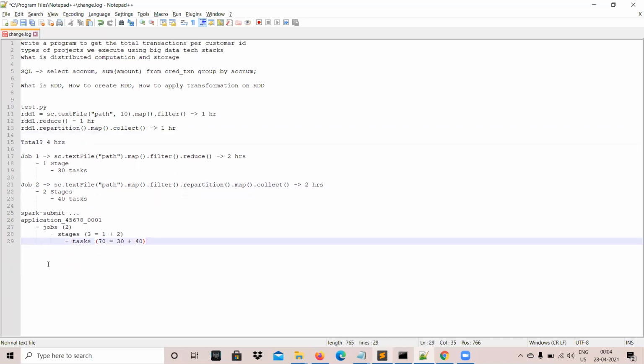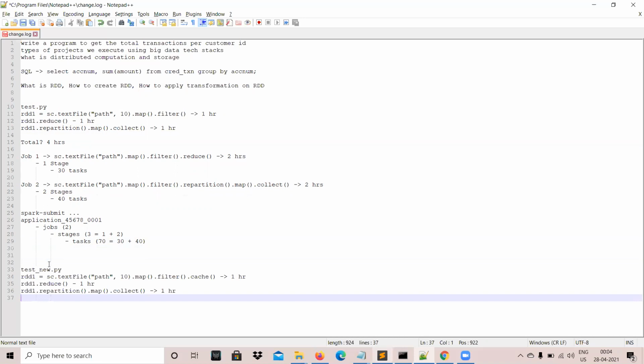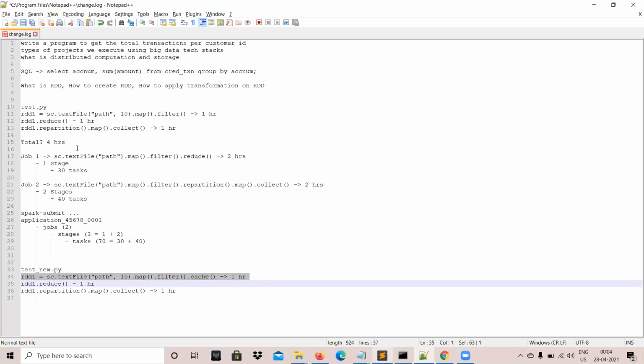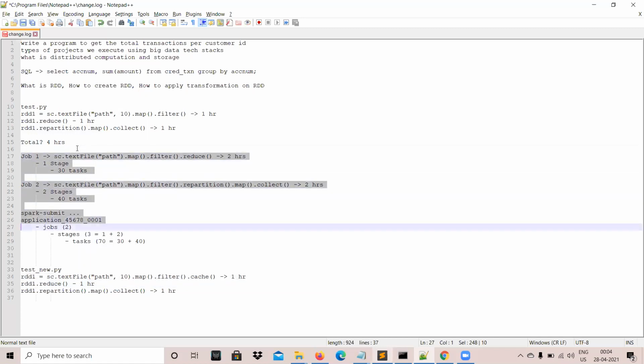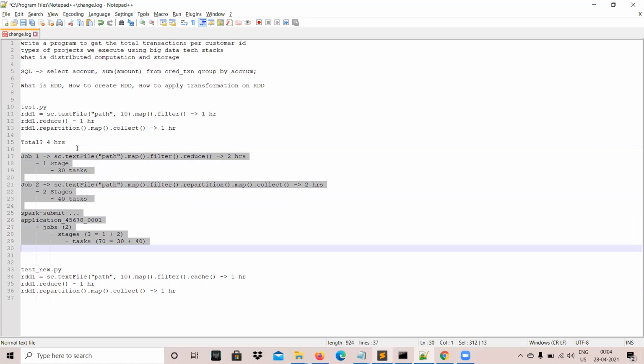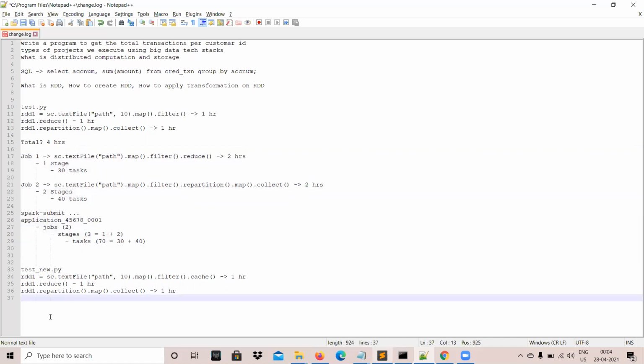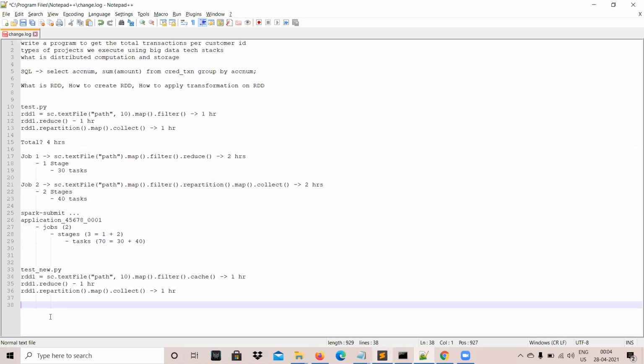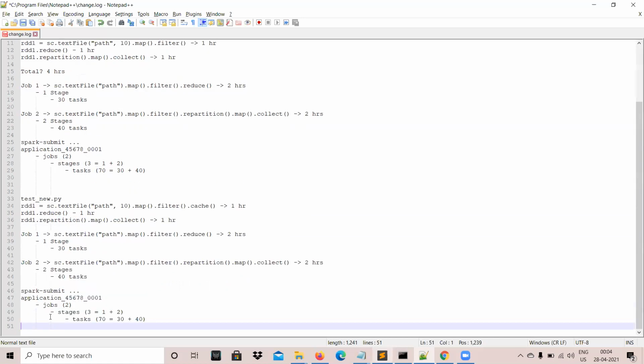Let's do the same thing again, but with a modified version where we are calling the cache function. Do you see any difference in terms of job 1 and job 2, or is it the same?